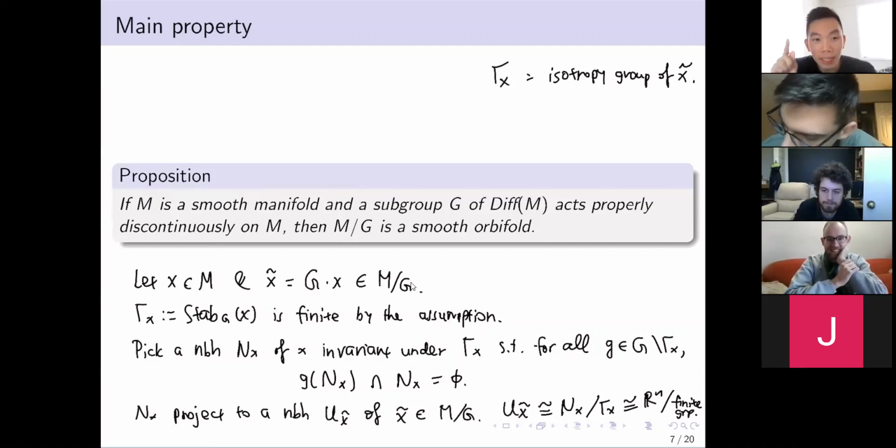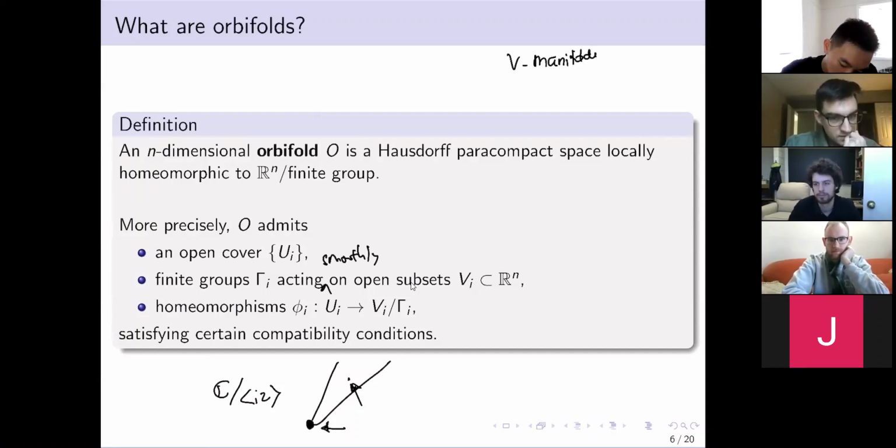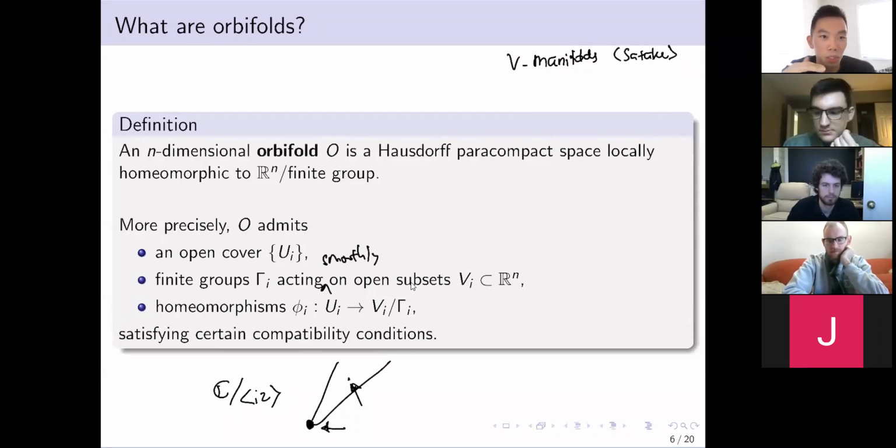Another comment I should make is that historically, the term orbifold does not come from nowhere. So this is actually quite an interesting story. This comes from Thurston, although before Thurston, there was another person called Satake that used the term V-manifolds instead of orbifold. This is Satake, very back in the ancient times. And then Thurston worked with these things in order to prove some geometrization thing of three-manifolds. And then he didn't come up with this term.